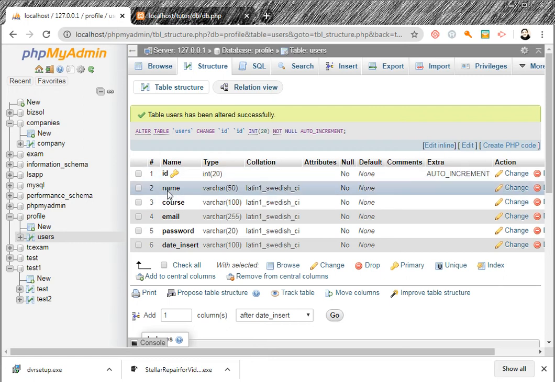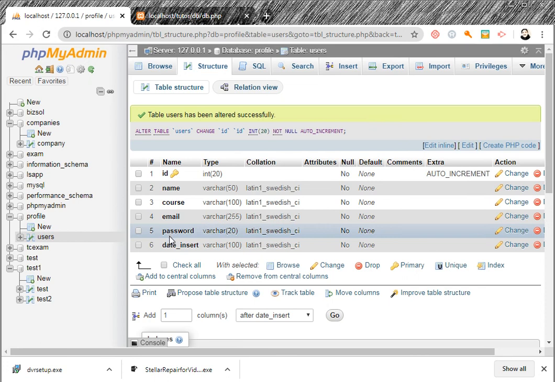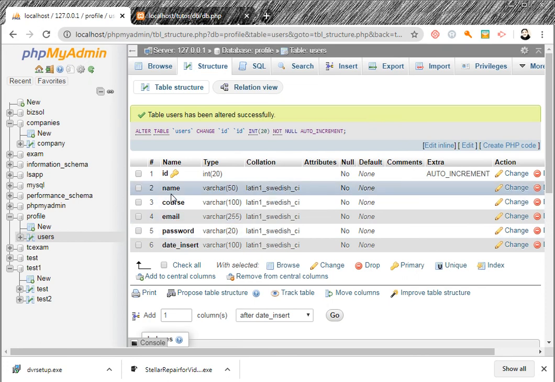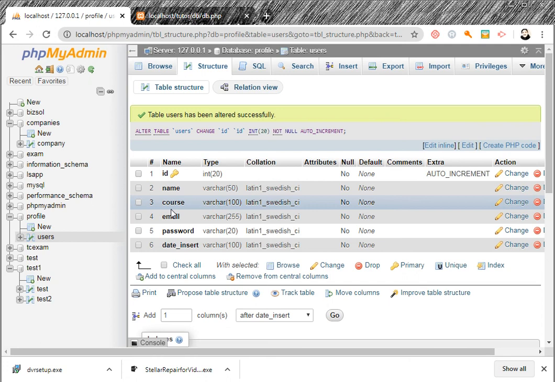Because this is auto increment, these remaining 5 fields will be the data part of the user class. We will apply save, update, delete, search, and view functions when we create this user class.